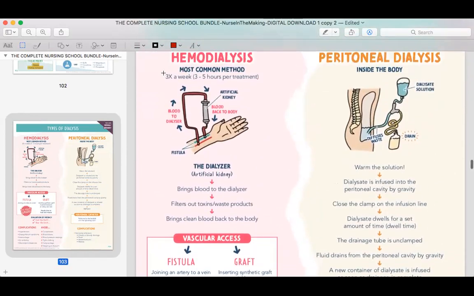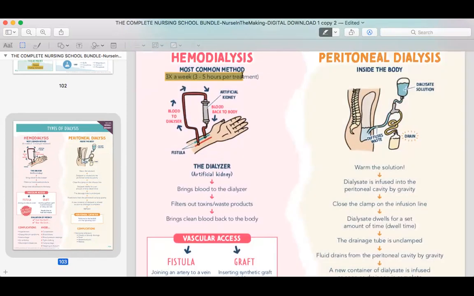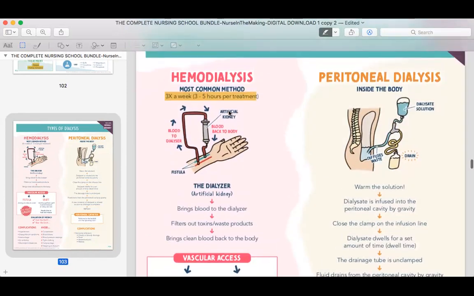Hemodialysis is given 3 times a week, 4 to 5 hours per treatment. It's important not to miss a treatment, because if you miss a treatment, you increase your chance of